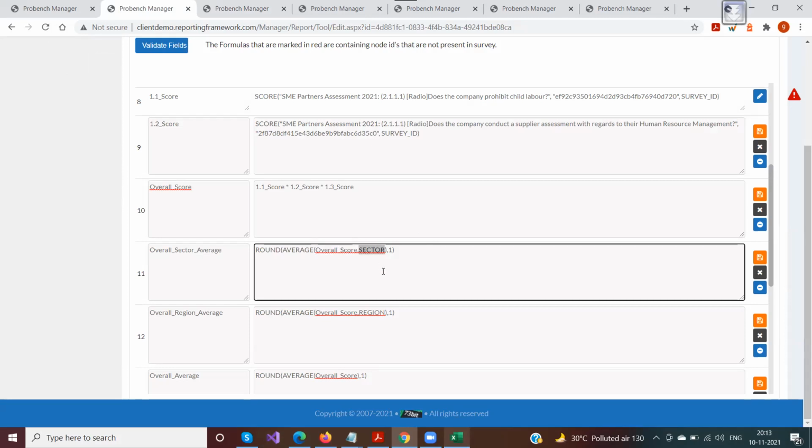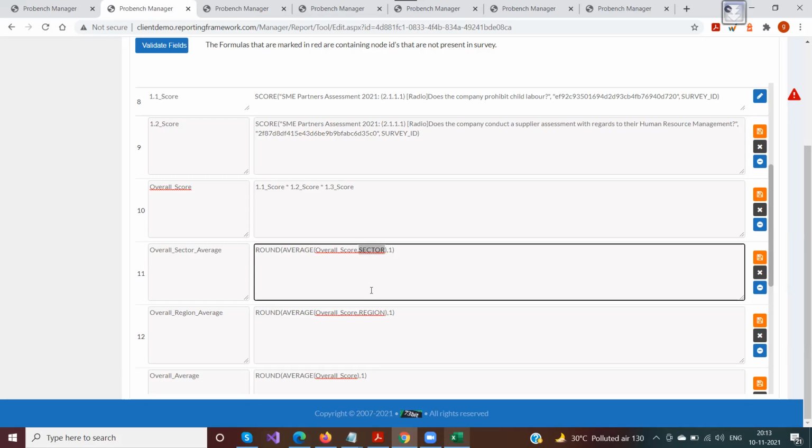If you want to group, for example, by sector, or you want to average by sector, or average by region, or by the count of employees in a company, the size of the company, any of those fields can be used as part of the group here.